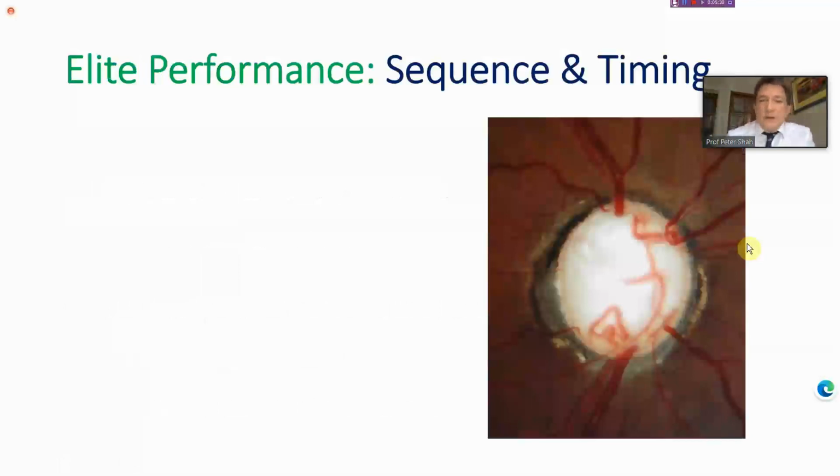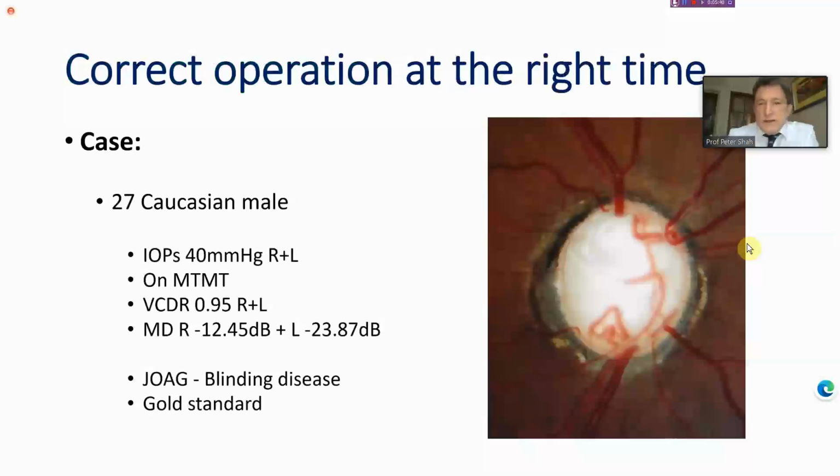Surgery is obviously a perfect example of elite performance. And like any elite performance, the sequence and timing of what you do is critical. So let's just take an example. You can probably tell from this optic disc, from the darker fundus, look at this optic nerve. It's a 0.995,